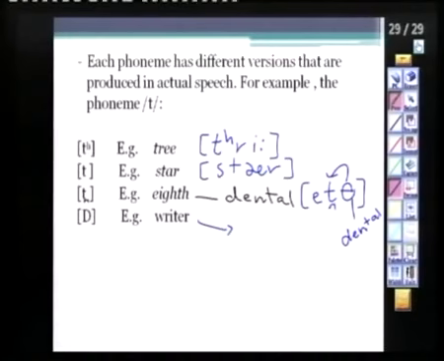Okay? And this is the symbol for the dental sound. So /t/ originally is not a dental sound. It is what? An alveolar. But if it's followed by a dental sound, it's going to be a dental stop. Good? Okay. We have a fourth version of the phoneme /t/. You could actually flap the /t/ in here. When do I flap? We call this process flapping.